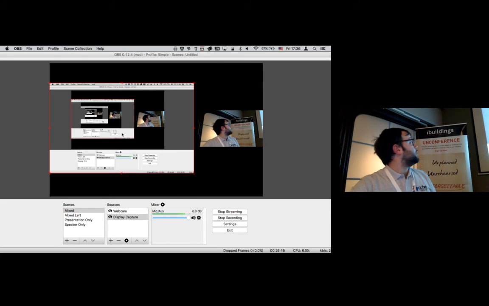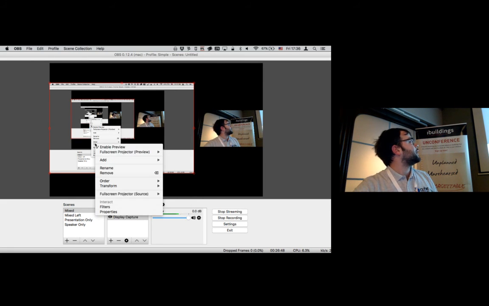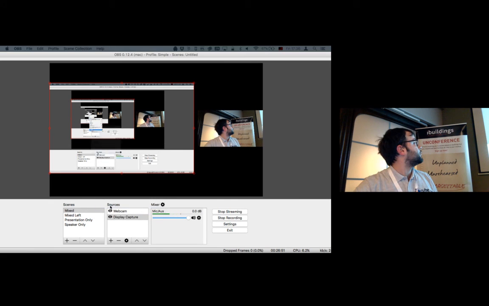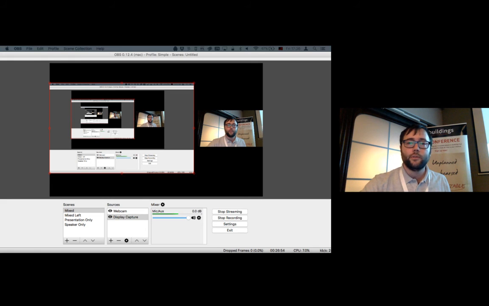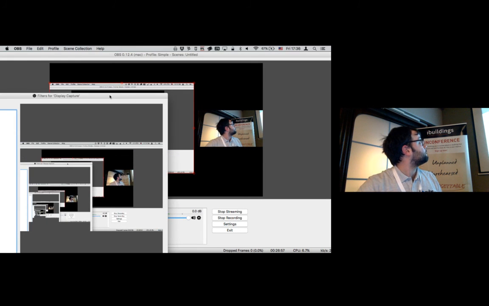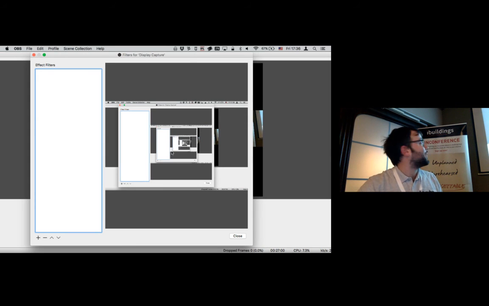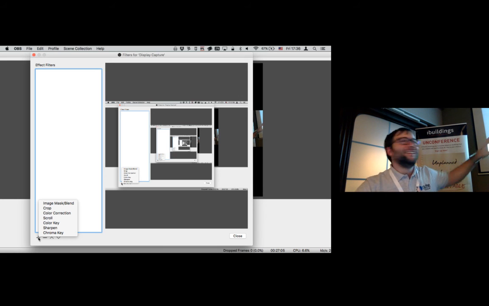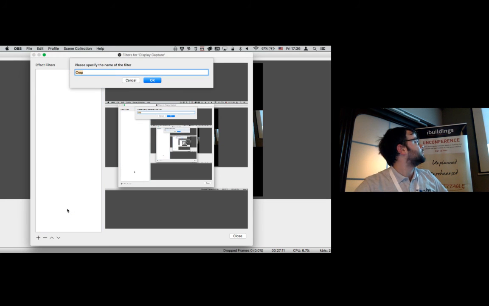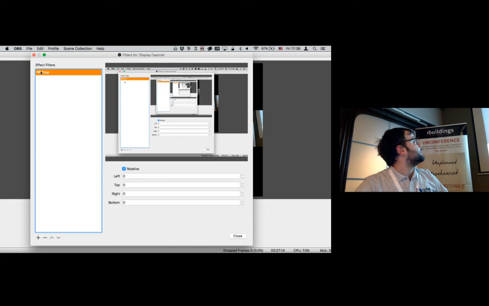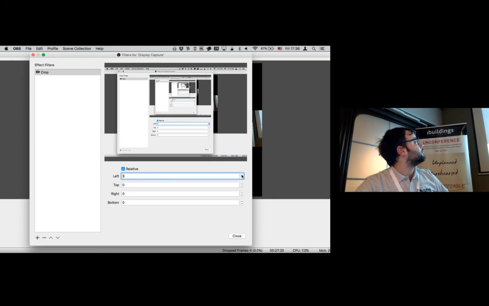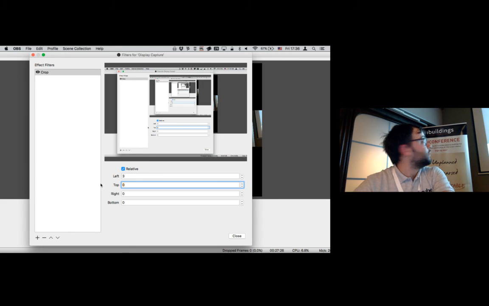So transformations. If you right-click on the image and you go to filters, they show up in this window. Okay. More recursion. But you get the idea, right? Imagine this is slides, what you see here. There's crop. And that's what you wanted, right? You can crop, you can give it a name, and you can disable it, enable it, and say relative to the left, I want to crop this amount. Crop the main bar at the top. Good idea. Let's see if I can do that.